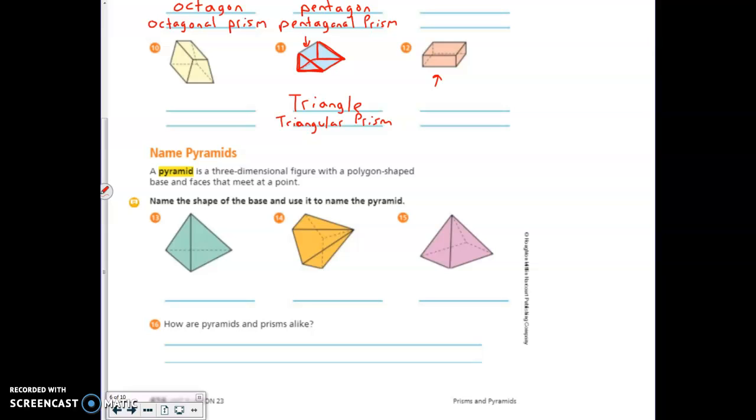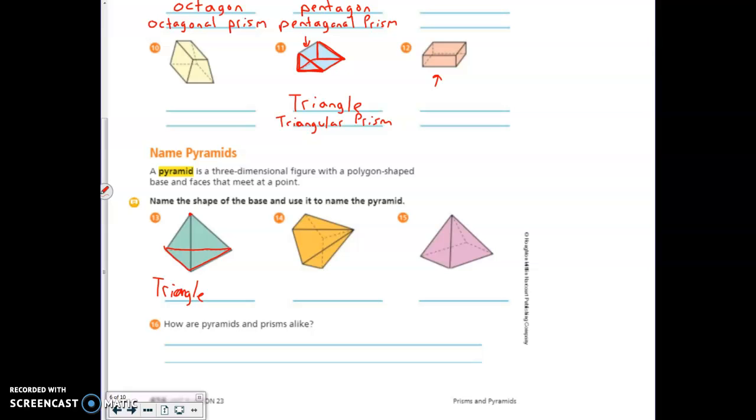Okay, so as we look at this first one here, number 13, guys, this shape right here is a three-sided figure, and that is the base. So again, we are identifying this as a triangle. Boy, I'm having a hard time spelling today. The base is a triangle, and we know that that is the base because it is opposite of not another triangle,